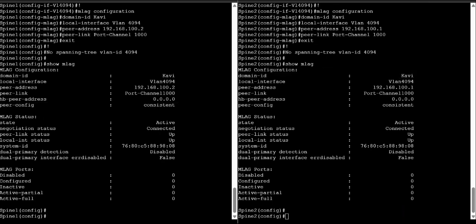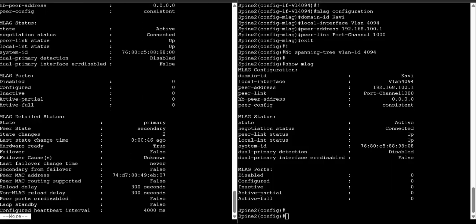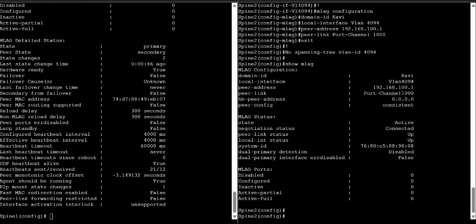Okay, now both switches are going to be acting as a single entity. Let me show you how they are doing this. If I give the command show MLAG detail,